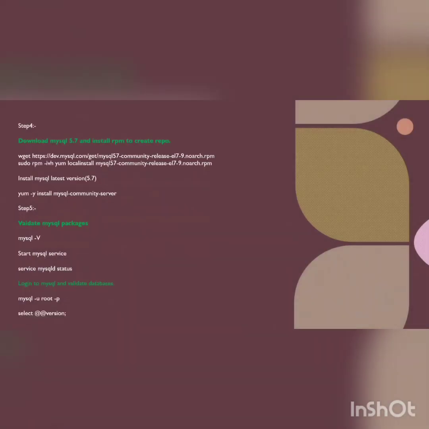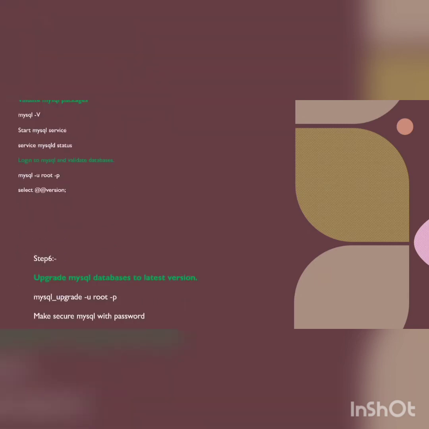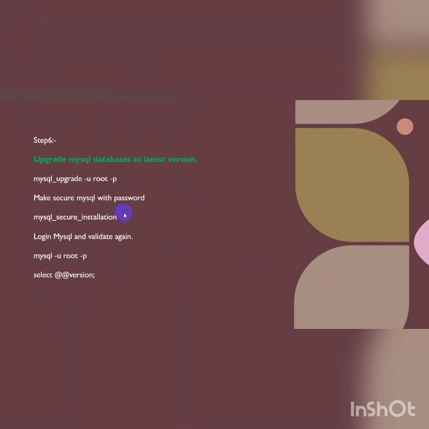First of all, you have to take the backup of MySQL, and you have to remove all the existing packages. After that you can download the latest repo or latest RPM, and after installing the latest package, you have to start the service and validate whether it has been upgraded or not. After starting the service, you can see the databases and the tables, and make sure of the last step, which is very important, the MySQL upgrade, because I told you